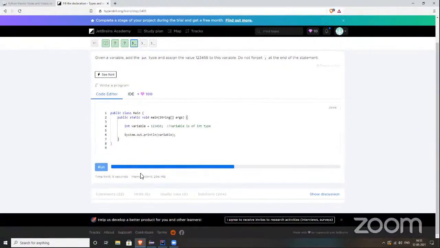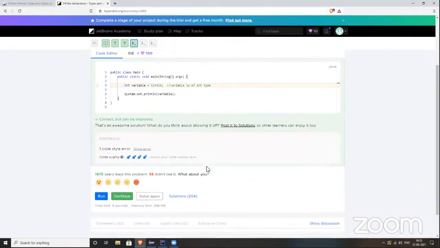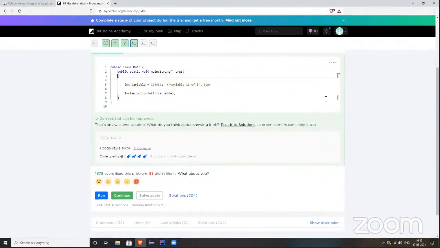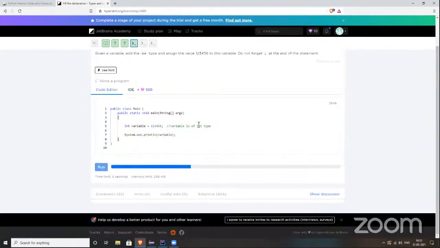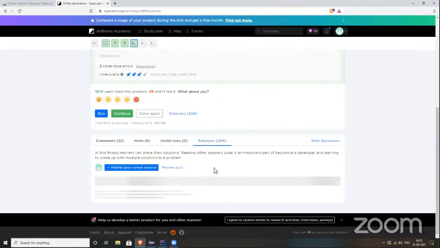I'm just trying because I want to check why it is giving an error when we have written the correct one here. It can be improved. One code style error. So format it properly here, this curly brace. But it was given like this only. Let's see one more error, that also you can try.